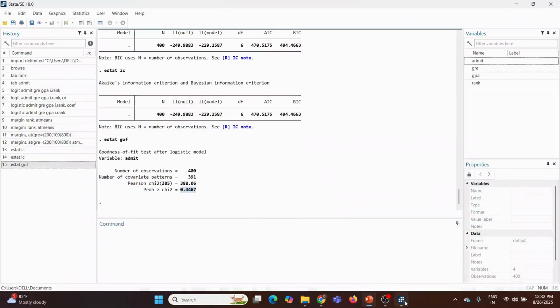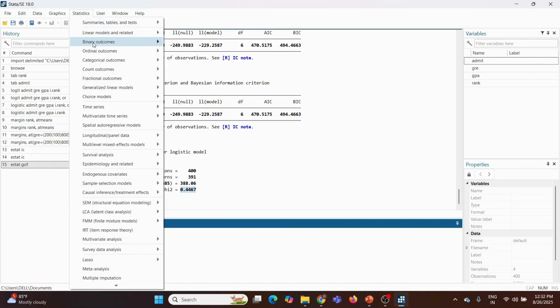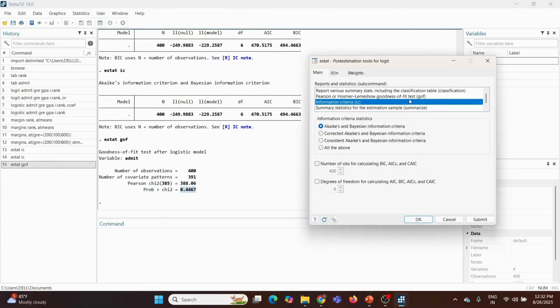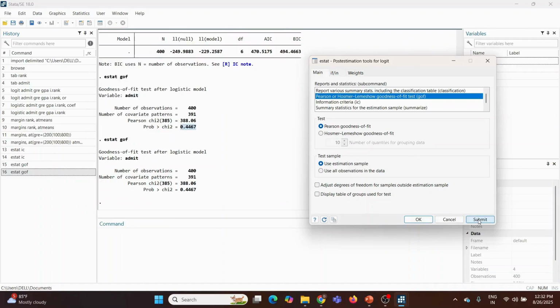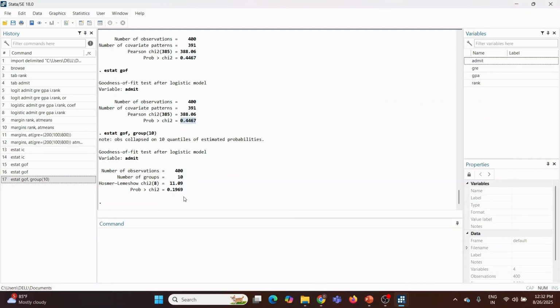We can generate the same output with the help of the graphic user interface also. Go to statistics, binary outcomes, post estimations, goodness of fit test, and here GOF, and click submit. So we got the value. If we want the Hosmer-Lemeshow goodness of fit test, click here, submit. So this will be according to group 10. So we can do the interpretation either from here or from here. Both of them give us the same